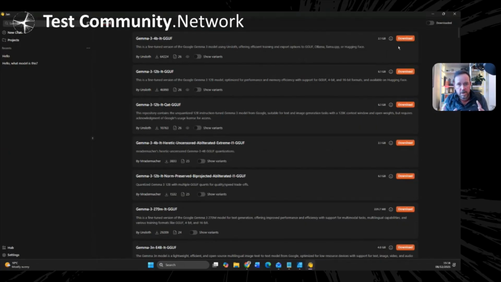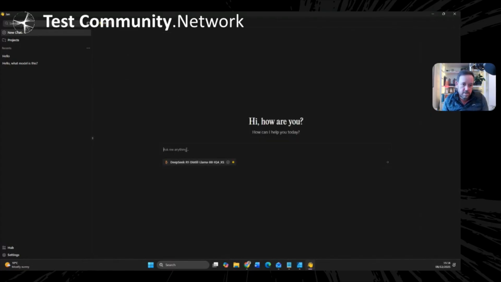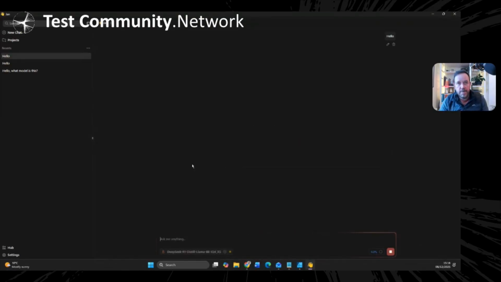There's not lots of parameters in there. You're going to download that, and you're going to be running it local on your device. And that means you could go to it, start a new chat. So I've got DeepSeek here, for instance. I'm going to put in hello, and that will be running locally on my device, and it's thinking it's going through.